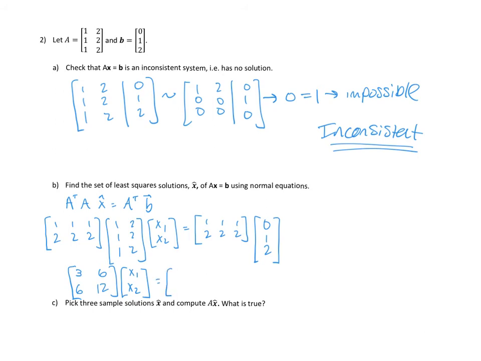And this is going to be a 2 by 1. So let's see, I've got 0 plus 1 plus 2 is 3, and 0 plus 2 plus 4 is 6. So then I'm going to row reduce. I have 3, 6, 6, 12, augmented with 3, 6. Row reduce, and I am going to get